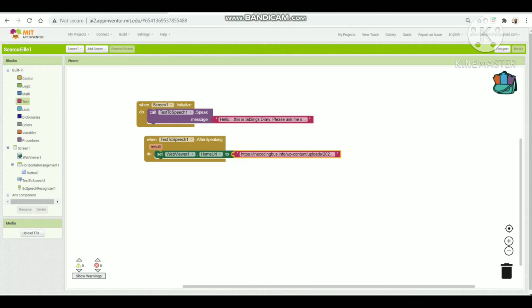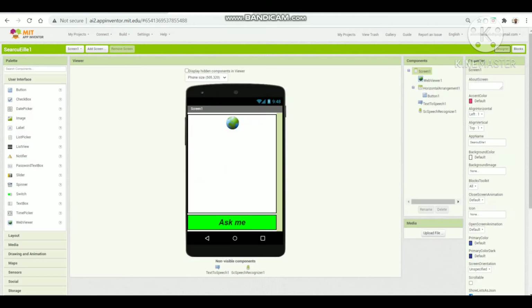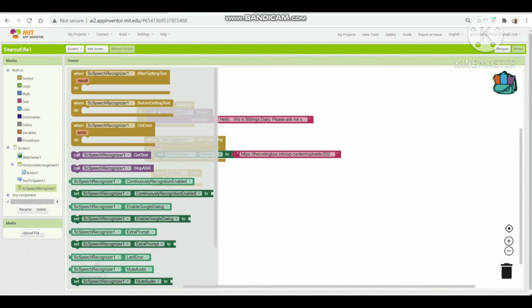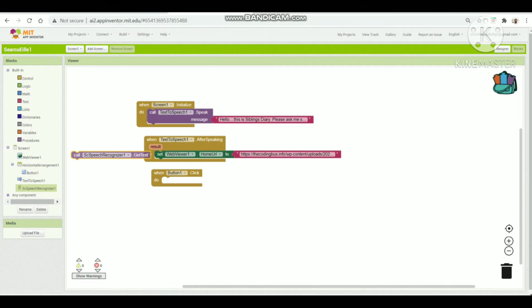Now after this, go in button 1 and select when button 1 dot click, and this button 1 is this ask me button. So go in this speech recognizer and drag call speech recognizer dot get text.